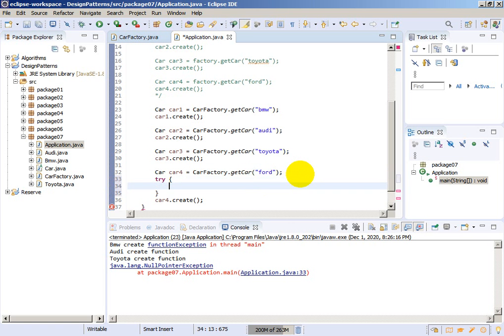For example, we will try, and the call will be inside the try block, and we can write if car 4 equals null, we can just throw some exception,